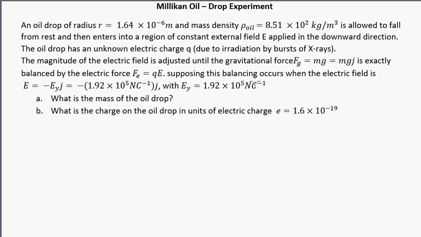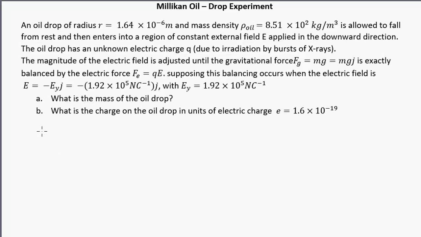Okay, supposing the balancing occurs when the electric field is E, equal to minus Ey j, and also equal to minus 1.92 times 10 to the power of 5 newtons per coulomb j. Alright, so let's just move to the question. They say, what is the mass of the oil drop? Now, what relationship do we express here to get the